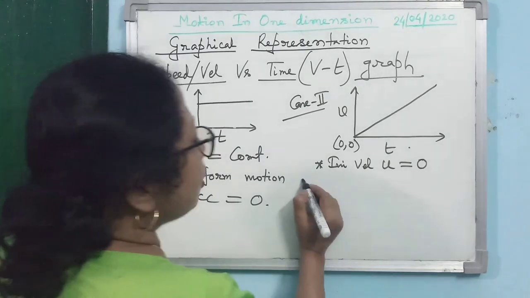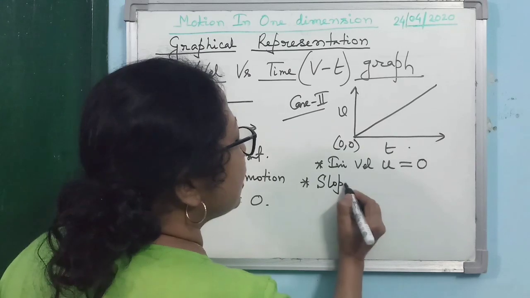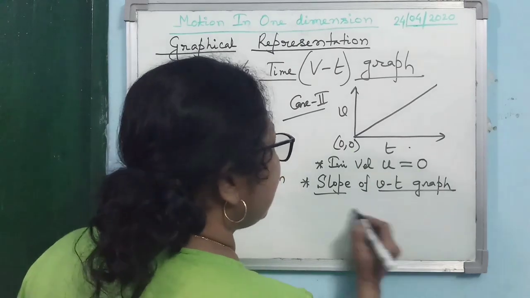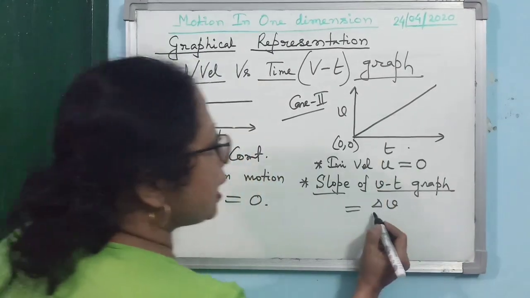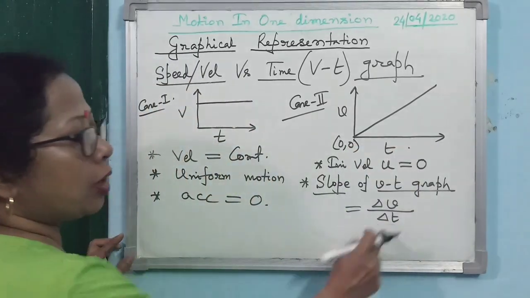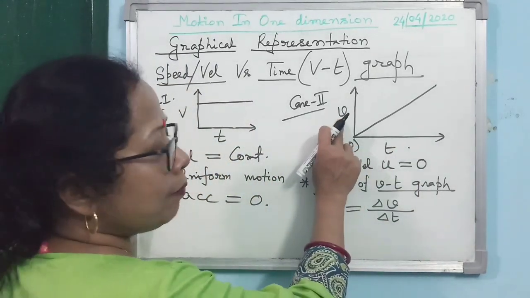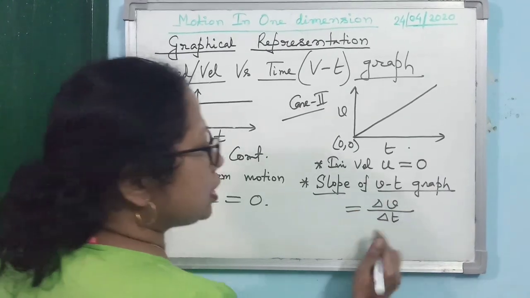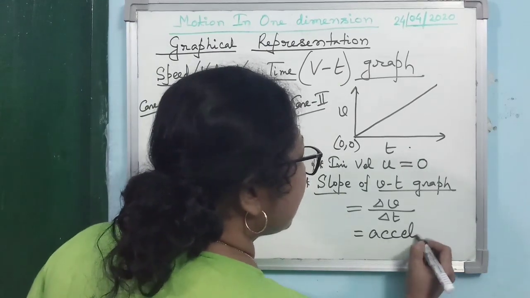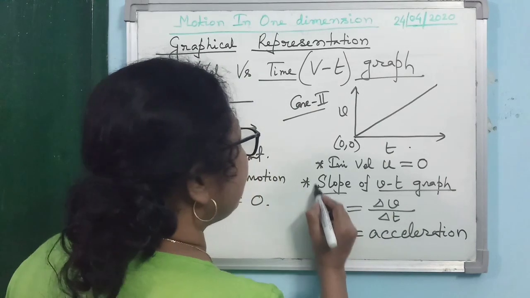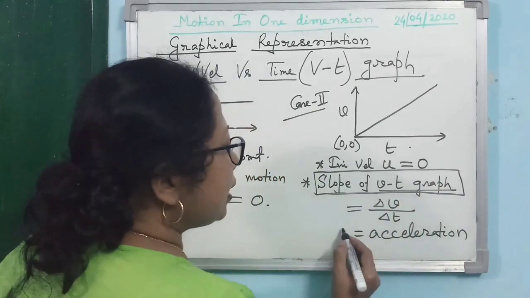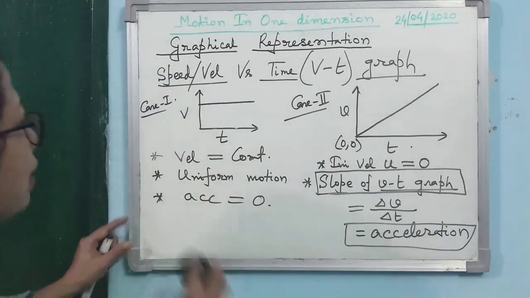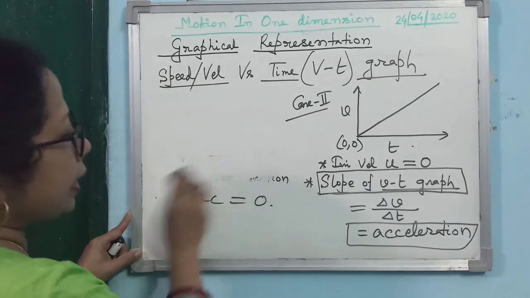One slope. Okay. So let us try to find out what the slope of the VT graph represents. As I already told you, what will be the slope? Once again, the change in the quantity plotted along the y-axis divided by the change in the quantity plotted along the x-axis. So what can you write here? Delta V by delta T. What is it coming to? Change in velocity by time taken. So change in velocity by time taken, what does it represent? Acceleration. Is that clear? So it is a very important concept. What does the slope of the velocity time graph represent? The slope of the velocity time graph represents acceleration.